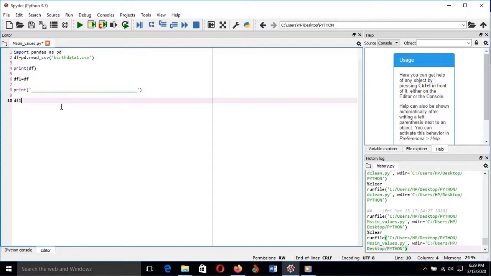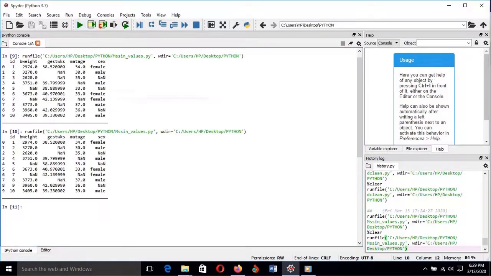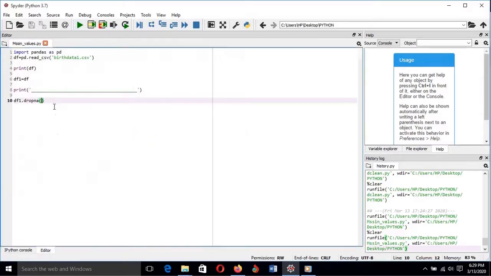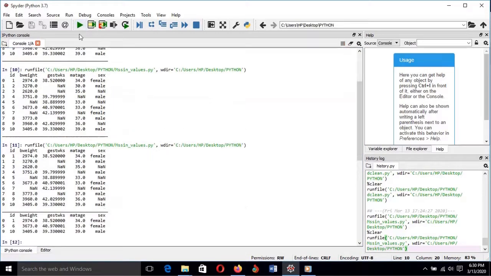df1.dropna function. So if you run, you will see, okay, no, we need a command to print this one. So let's say print, let's print this. If we run this one, you can see